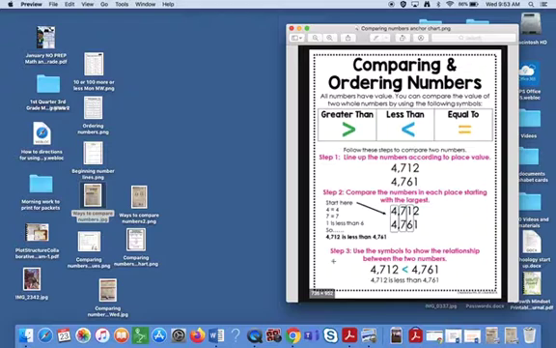So then your third step is to use the symbols to show the relationship between the two numbers. So you're going to write it out, 4,712 is less than 4,761. A lot of times you'll find out too as you continue on that the people who make your homework